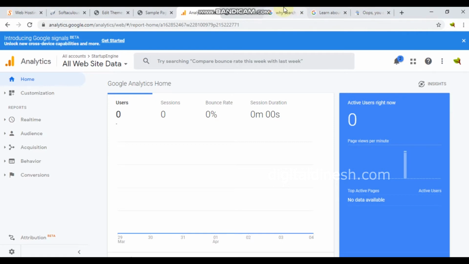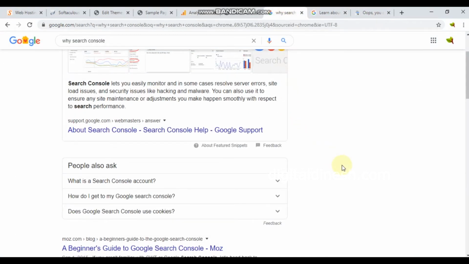Search Console is something that lets you analyze your own website. It depends more on the on-page SEO part. It will help you perform tasks relevant to on-page SEO. So Search Console